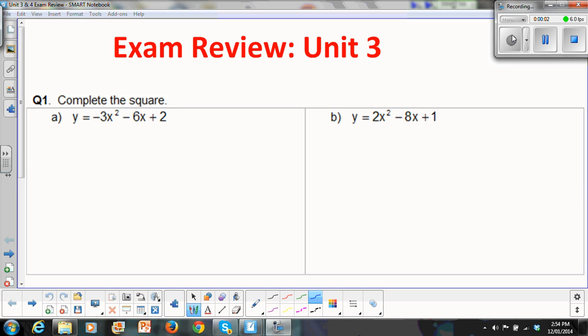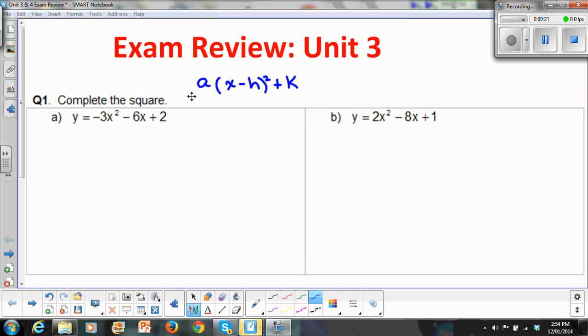Here we have the Unit 3 review for the final exam. So Unit 3 was about completing the square to put a function into vertex form. When we complete the square, our goal is to create the situation where our function is written in vertex form,